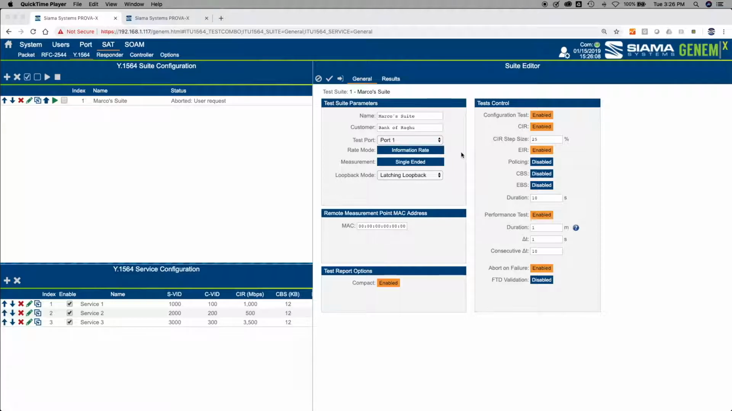So now we simply need to set up the test suite at the local end Prova. So we change the measurement from single-ended to a dual-ended measurement, and we'll be measuring bidirectionally. That means from the Prova at the ENNI to the Prova at the UNI, and from the Prova at the UNI to the Prova at the ENNI. So two one-way tests. And by default, remote discovery of that Prova at the UNI is enabled. So we'll go ahead and apply these changes, and we'll